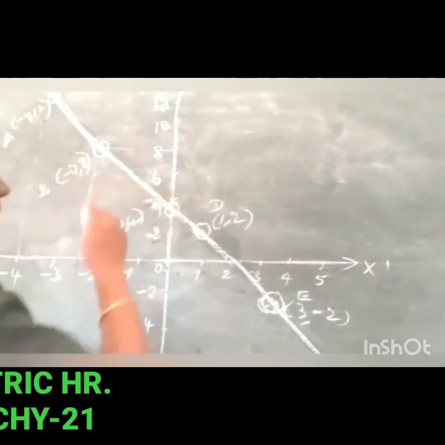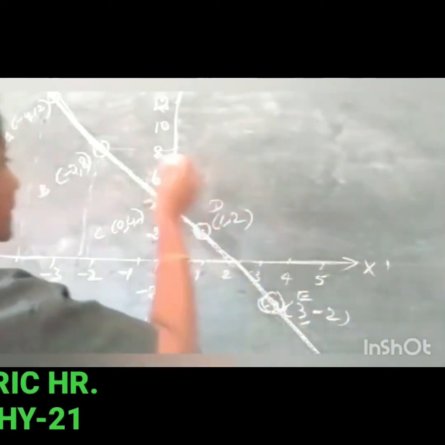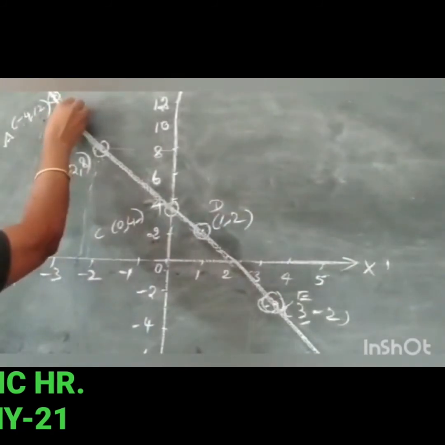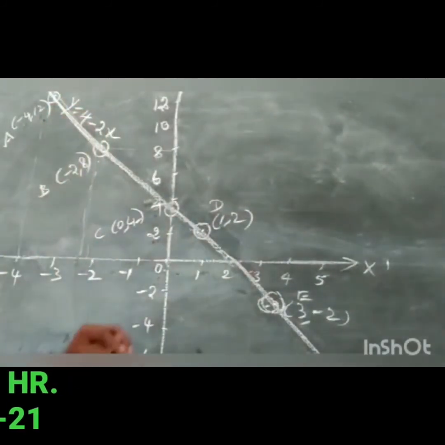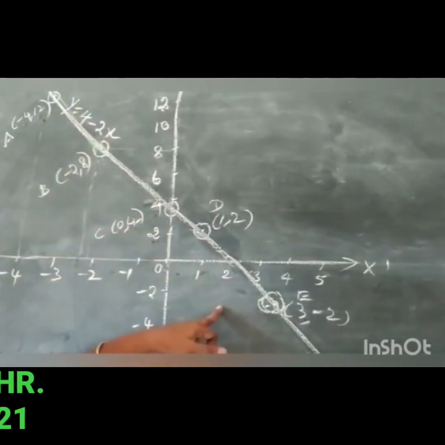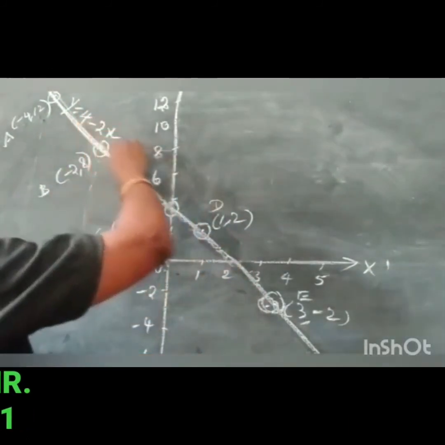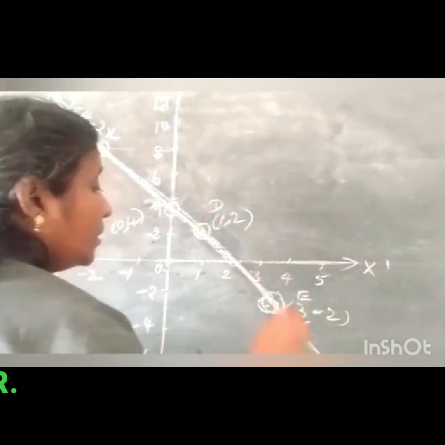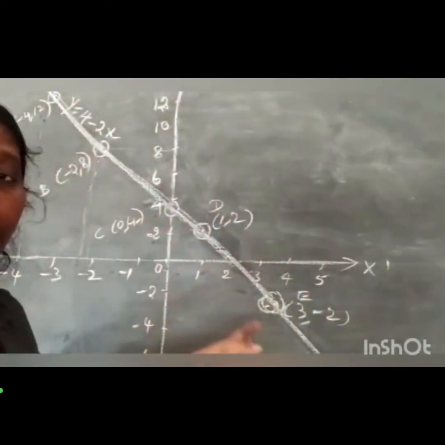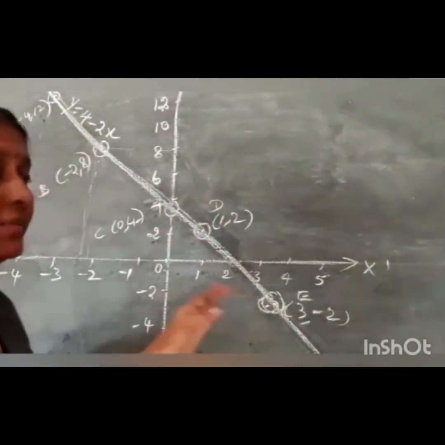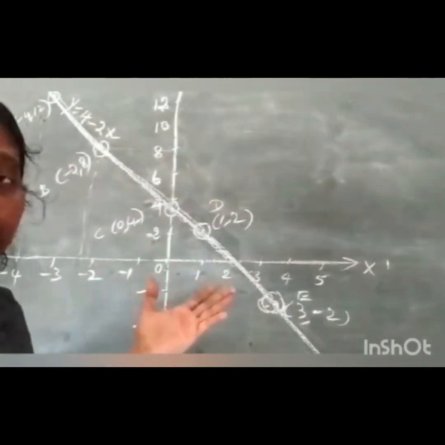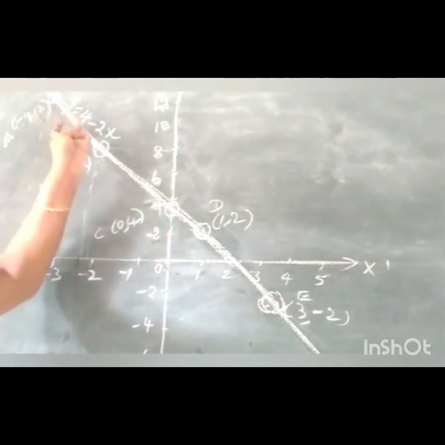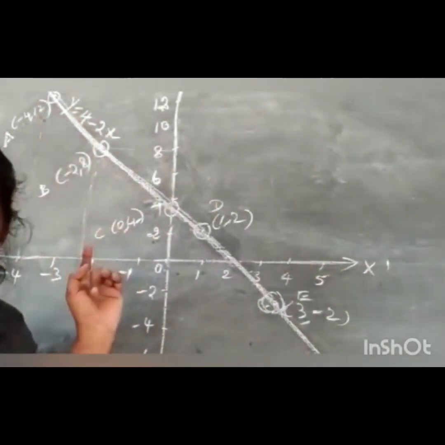What is the given equation? Y equal to 4 minus 2x. You have to write this equation on that line. That is the final answer. After marking the points, you can join all the points by using your scale. After finishing that line, you just write the given equation on that line. You have to write y equal to 4 minus 2x. This is the final answer. That's all. Is it clear?